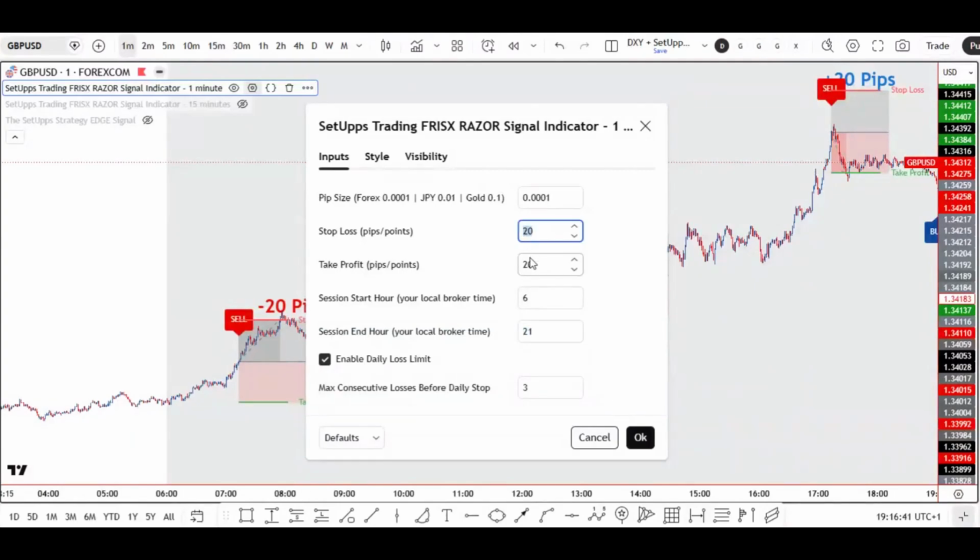Again, I've set it to a 1-to-1 risk reward ratio, so you can set it to what you want, but I find out that this works for me best and is more consistent, or more accurate, in other words. I only trade GU and gold, so again, that's my preference. This is no financial advice, it's for educational purposes only, so do as you please, but personally that's what works